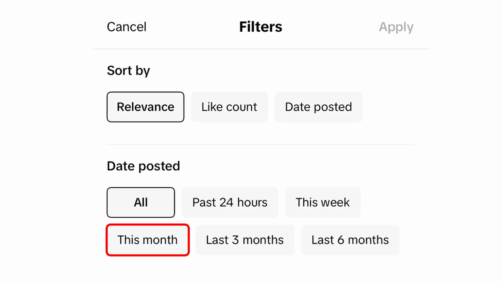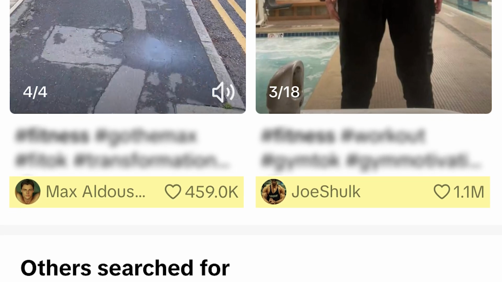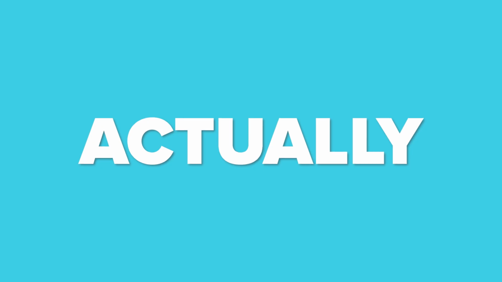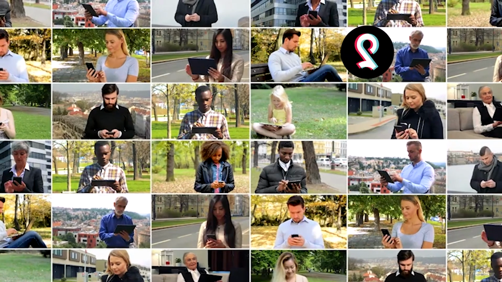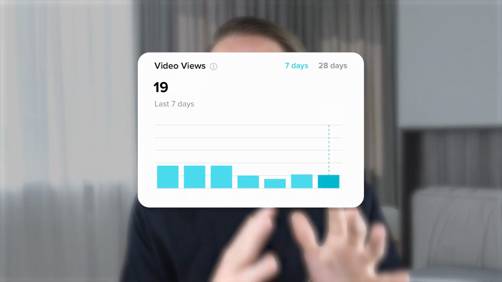So what you want to do, whatever you're going to be posting about or whatever idea you have, ideally, you need to actually do a search for that on TikTok. And then after doing a search, you need to apply the 2 filters. The first one is going to be for this month, and the second is going to be sort by most liked. If you do not see videos with over 10,000 likes for that search, and ideally you want to get at least 100,000 views on your video, well, guess what? I would go to a new idea, or I would scroll down a little bit and see those suggested searches that TikTok has. Because if you aren't actually choosing something that TikTok has a large audience for, or that they've pushed that content out in the last month, well, then guess what's going to happen? It's going to decrease the amount of views that you're getting.